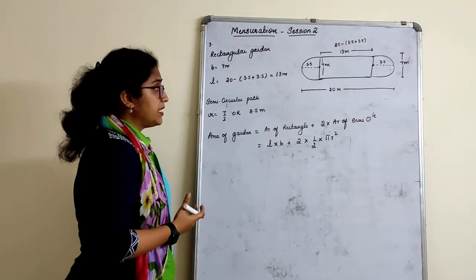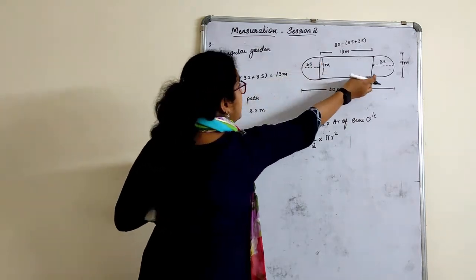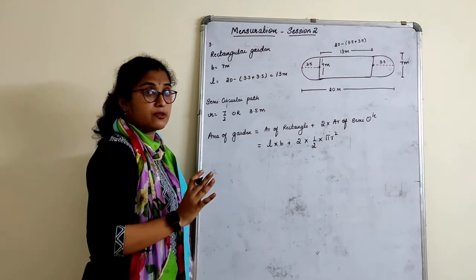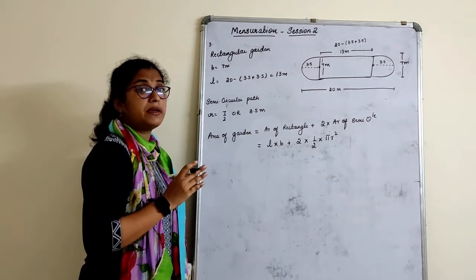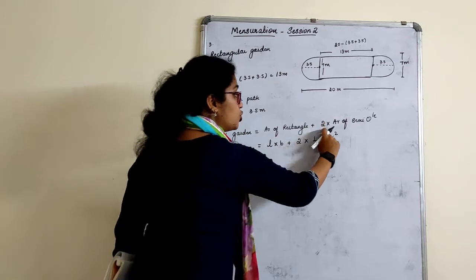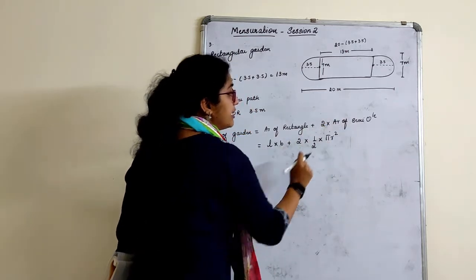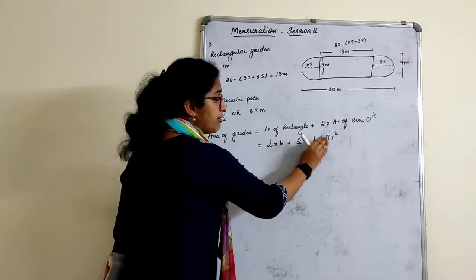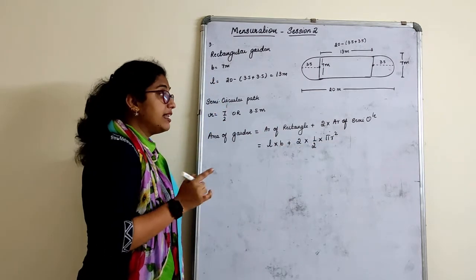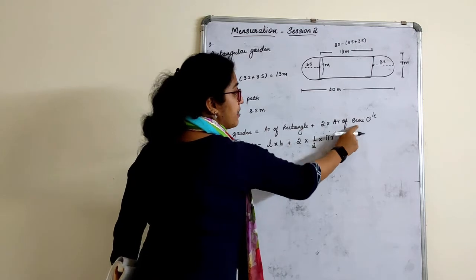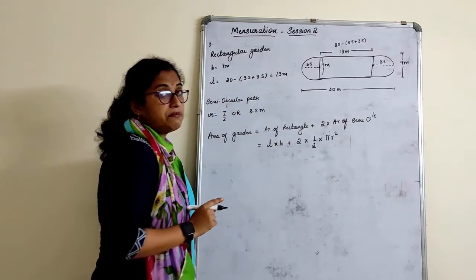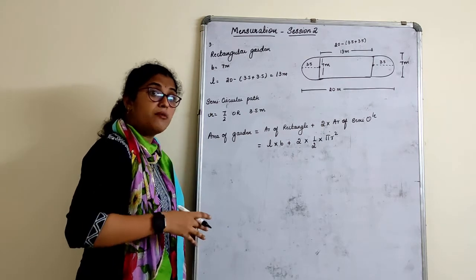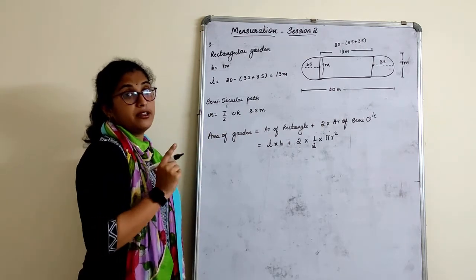Now you can ask me, anyhow this is semicircle and semicircle. Why can't we write at once only circle as pi r square? It is correct. The answer also will be correct. But still we have to show that it is 2 into area of semicircle. It has to be written. Now see, half and half you cancel, you get pi r square only. But still our writing should be very clear here. You directly can't write pi r square because it is not directly a circle. It is 2 semicircles which will form a circle. Show it in that manner only.